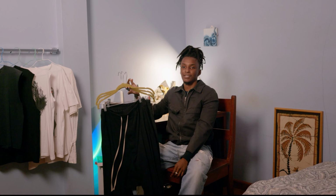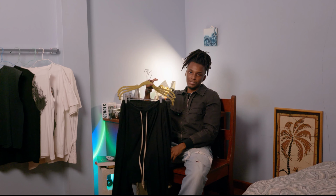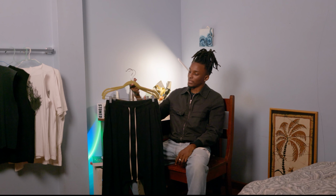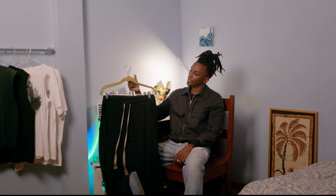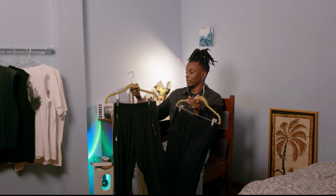Usually when I'm building an outfit, I would start with pants. And pants in question, sweats. And I like designer sweats, preferably Rick Owens, Hyderackerman. Yeah, so we've got Rick Owens, Spring Summer 11, Anthem, Fall Winter 19,